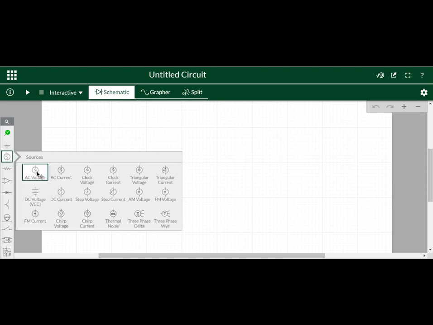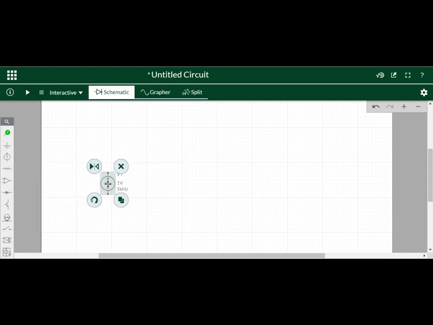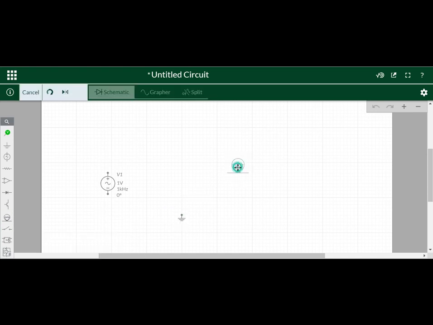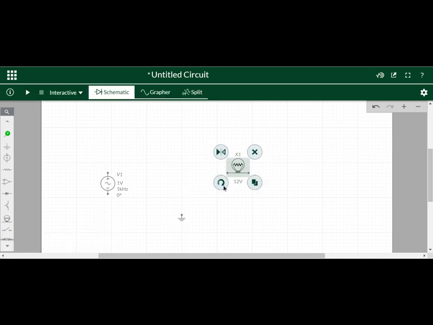Now in this circuit, I'm dragging a voltage source. So I'm taking an AC voltage. Then ground is necessary for any circuit in Multisim, so whether it is AC or DC, I have to connect it to ground. Then I'm going to connect a lamp. I'm going to take two lamp loads, because in residential house wiring a lot of loads are connected. In online Multisim we only have a lamp load.